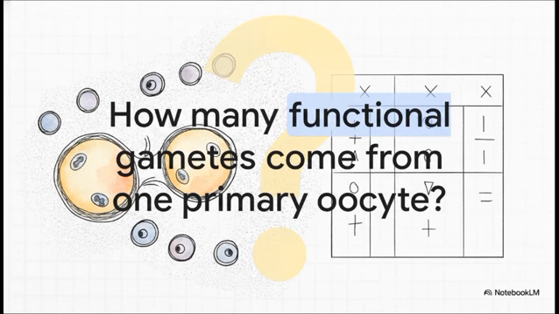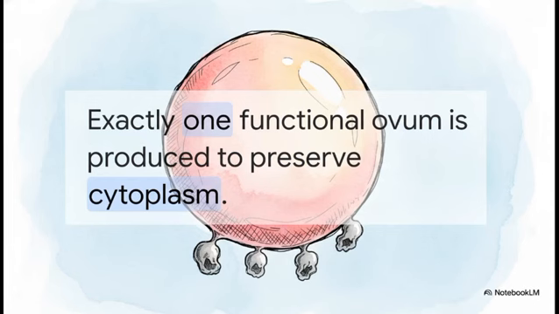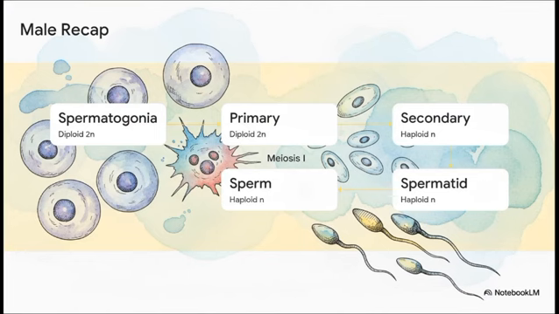How many functional gametes are produced from one primary oocyte? Think back to that unequal cellular division we talked about. The answer is exactly 1 functional ovum. That unequal division is incredibly deliberate. It preserves all the precious cytoplasm and nutrients for that single vital ovum, pushing the excess genetic material into non-functional polar bodies. To make absolutely sure this is cemented in your brain, let's trace the final linear flow one more